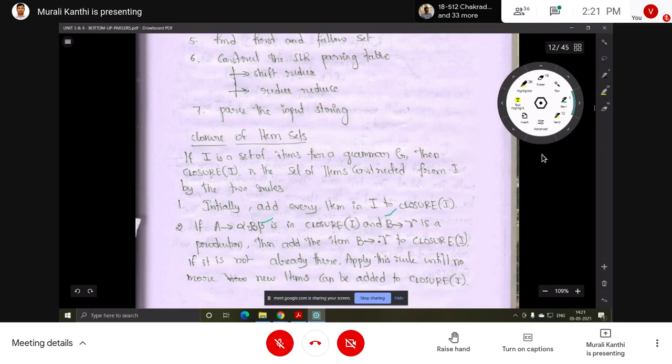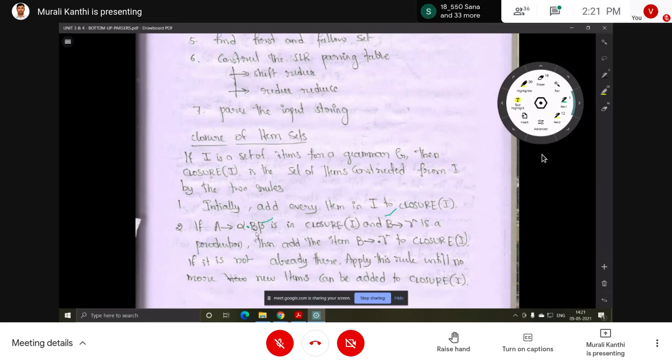Why? Because after the dot, which symbol? B, a non-terminal. If B is a non-terminal, definitely there should be a production.